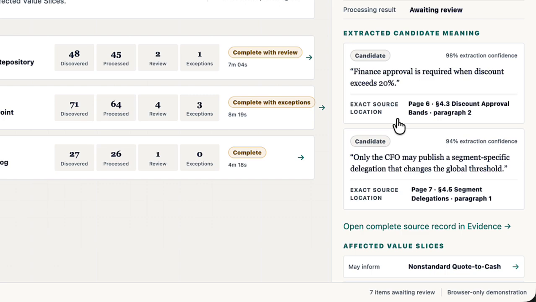Intent Forge also proposes the model elements and relationships these claims may support and identifies the value slices they may affect. This is the boundary between AI-assisted discovery and organizational governance. The system can propose meaning and impact, but it cannot silently decide what the enterprise intends. The policy is relevant to more than one value slice, and we will follow its impact on North American non-standard